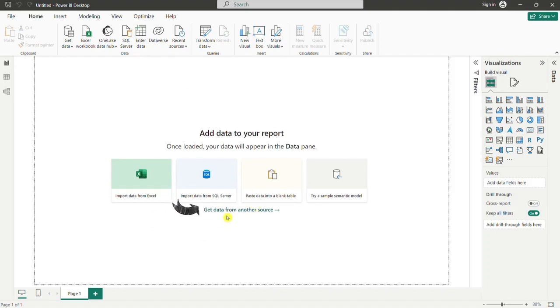Since we are trying to demonstrate data modeling, it's possible we have to import multiple data sets into our Power BI, so that we can model that data and form a relationship between this data. So try to do get data from other source. So click on there,